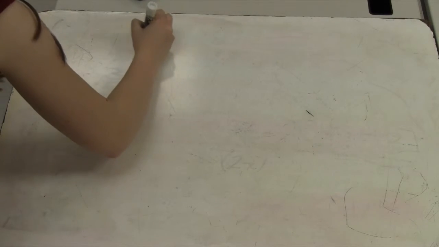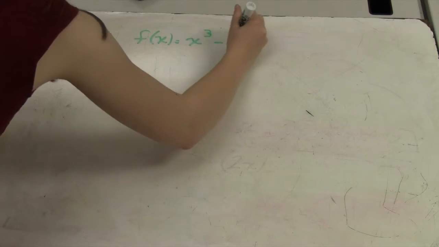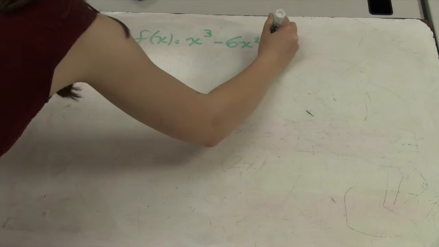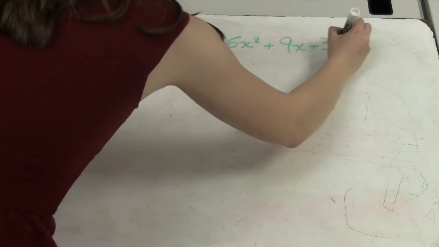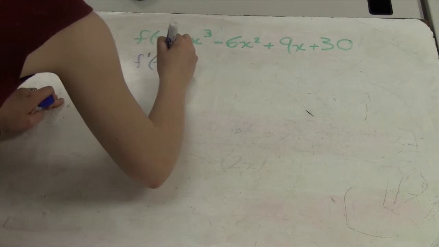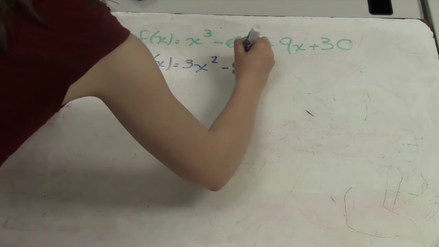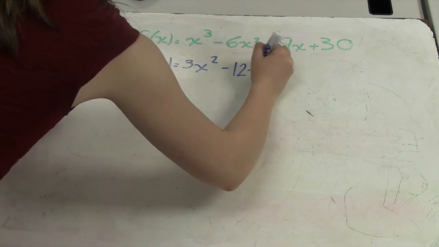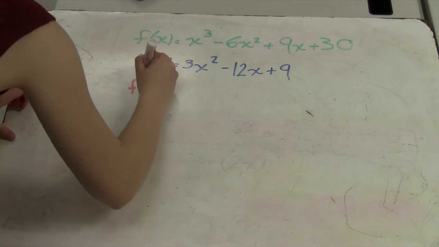Now, let's try another more difficult example. Now, let's look at an example of a double derivative. If you take the equation f of x equals x cubed minus 6x squared plus 9x plus 30, the first derivative would be 3x squared minus 12x plus 9. The double derivative would then be